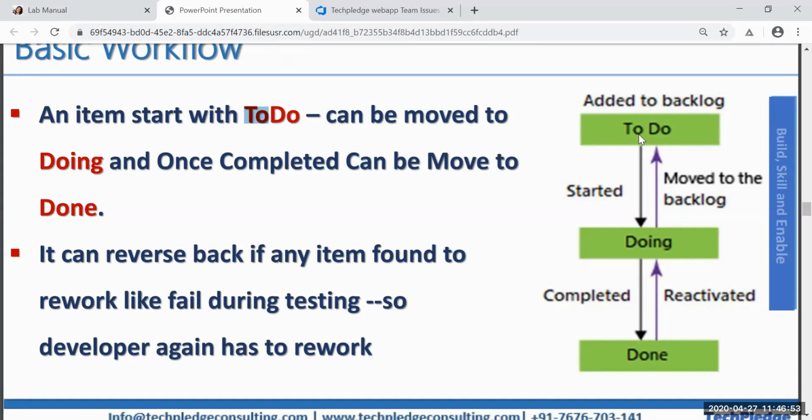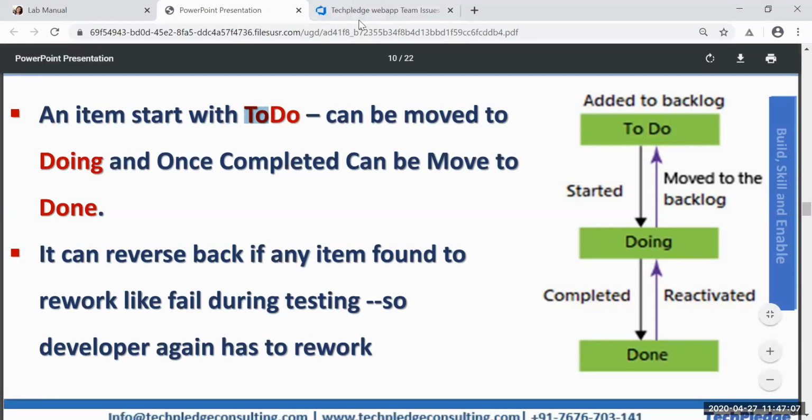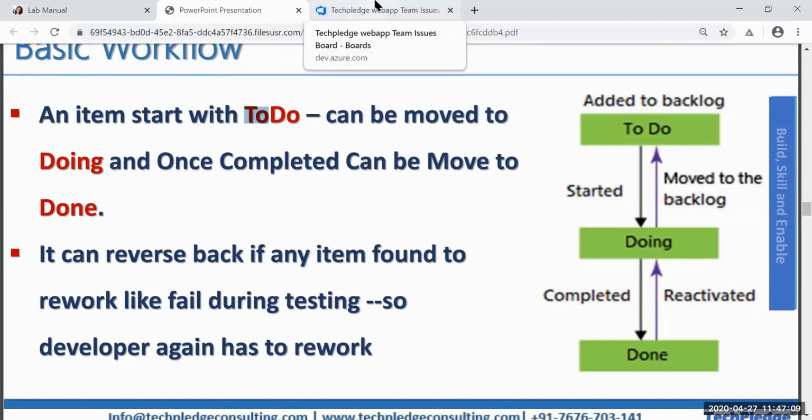What if you said you have done it and then you got feedback, no, you have to redo it? So it can be moved again to To do. It can go backward as well. So this is how we can manage. Once we have completed a task and changed its status to Done, but then the client gives feedback, no, you have to add this feature, this is not suited, as a manager I'll pick it and put it again to To do. I might add some more tasks and put them to To do.